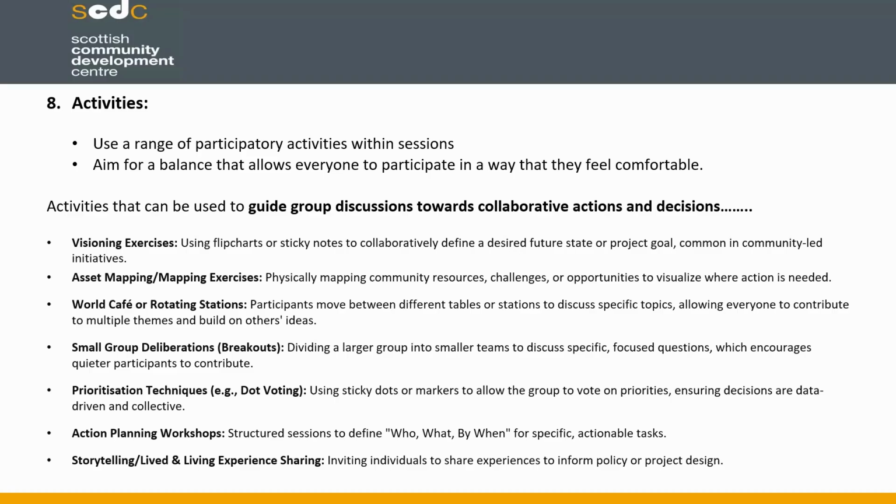It's things like asset mapping, where you can actually sit down, and that can be physical, where you might look at a map of a community, where you go, actually, this is where the community centre is, this is where our library is, this is our hospital, this is our GP clinic. And you can actually think about what do we already have? And you can really start to unpick that and go, these are our resources as a community, but where are our barriers for accessing them? What can we change? How do we actually get to the right spaces and the right places for people?